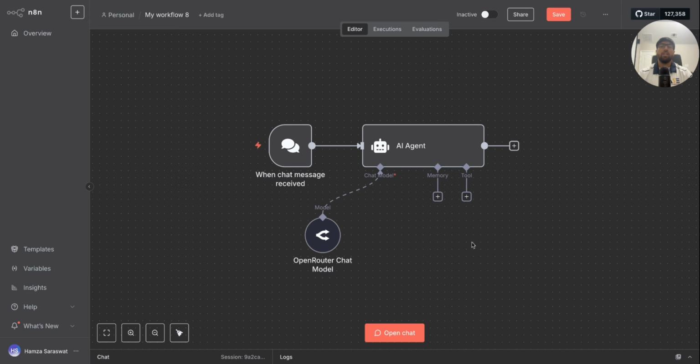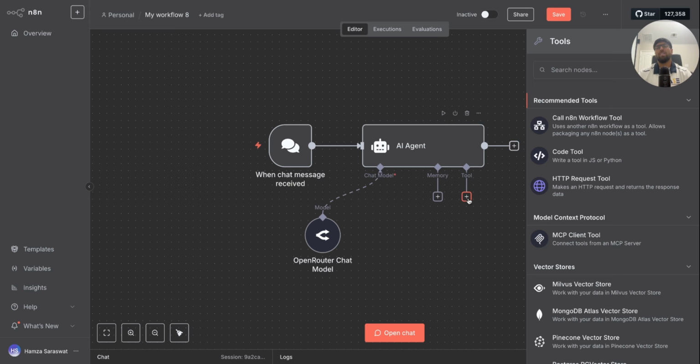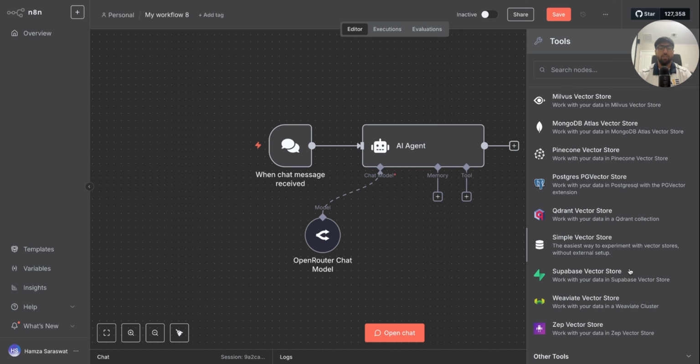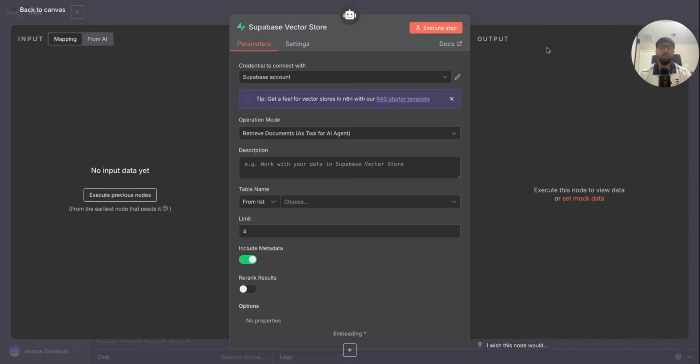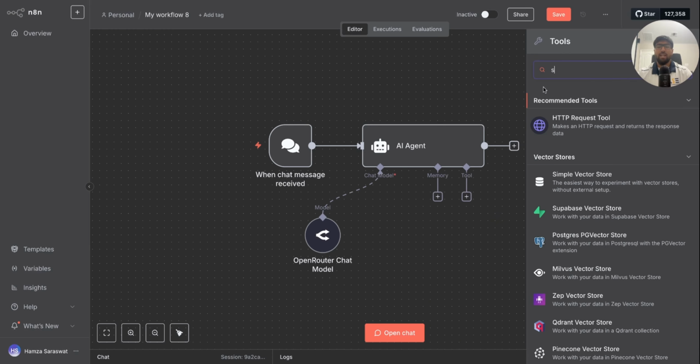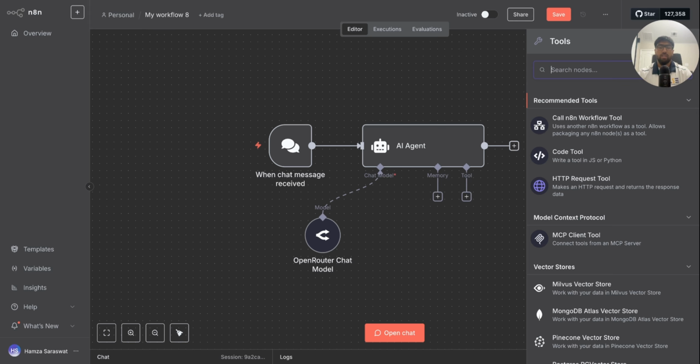Now, let's go to the tools tab. It's one of the more important components to an AI agent in n8n because this is where you give it the tools you want it to work with. For example, if you wanted to give it documentation for RAG or different types of knowledge, or even train it on certain types of knowledge, or maybe company specific knowledge, you can go ahead and have it hooked up to a